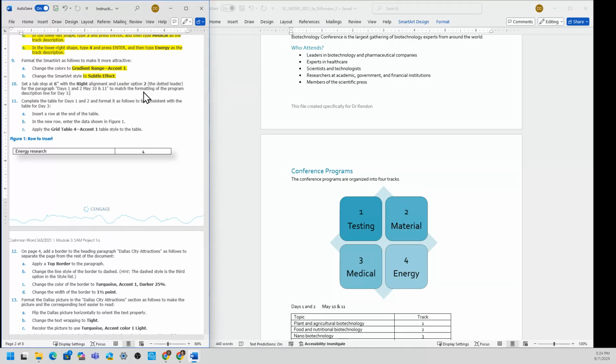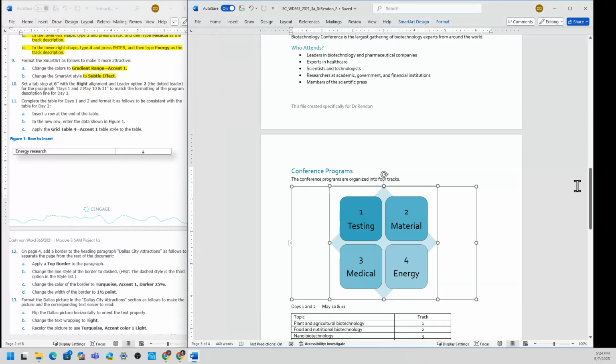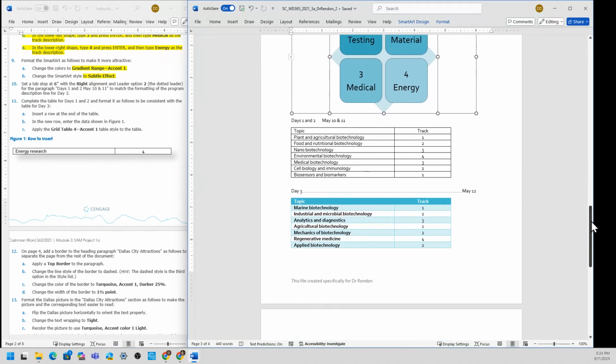So let's look for that one first. Okay, so we're moving here. So okay, so this is not the same as this here. So we wanted to change it to make it look like this day 3.